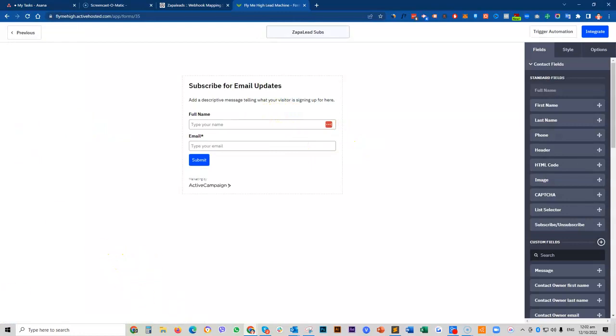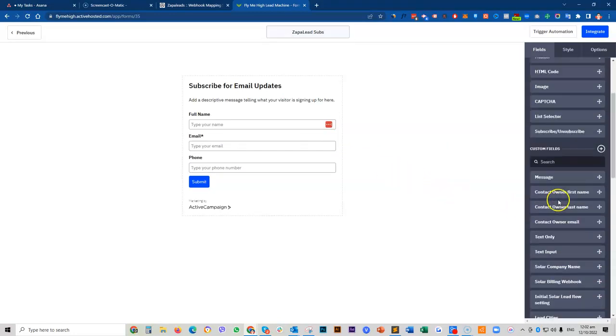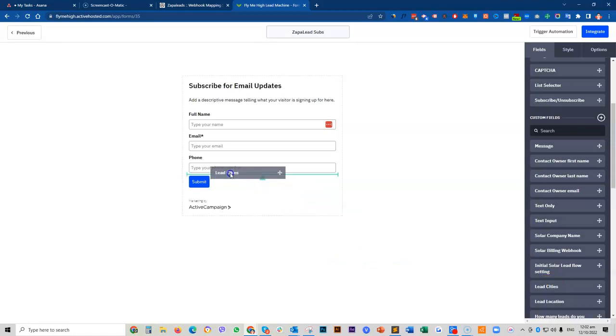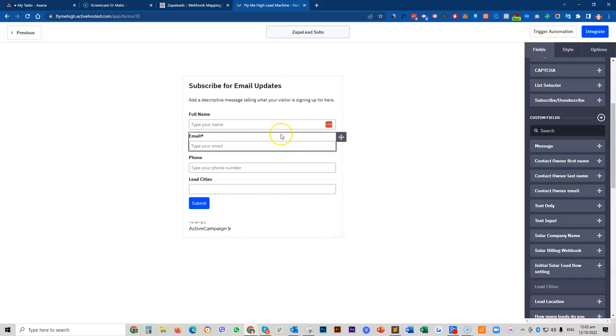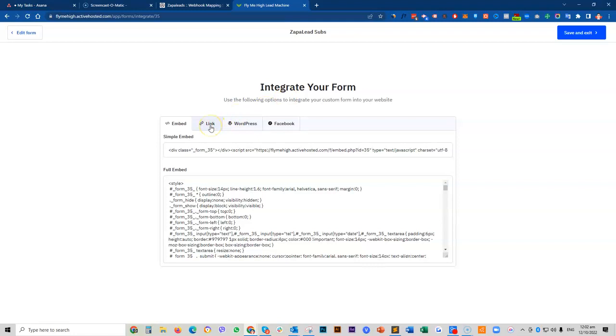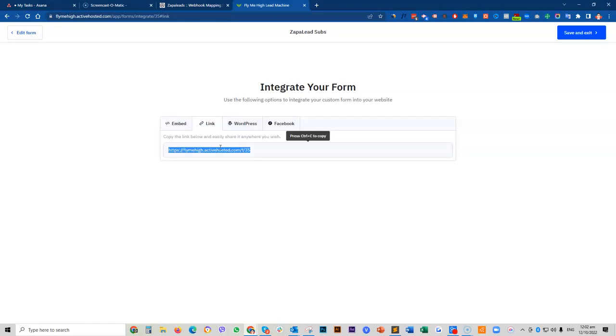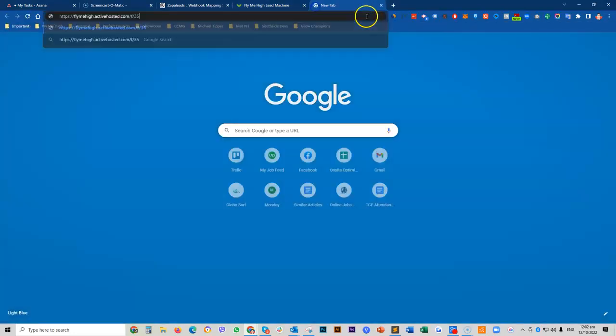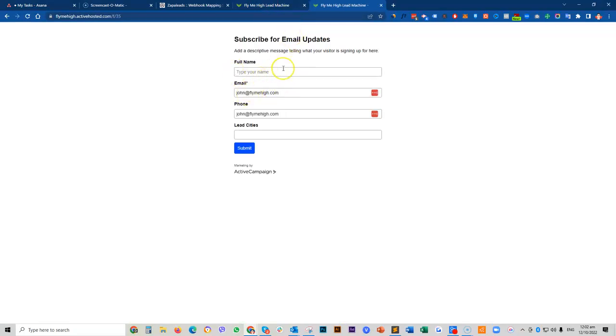It will lead you to a form builder. You can just drag what you need from the left hand side. I'm just gonna add the phone number. I'm also going to add, let me see what else, probably lead city. That's basically it. Once you're happy with what you have, you just click on integrate, and then you need to copy the URL here, or you can embed this on your website, WordPress or Facebook. I'm just gonna open that there and leave it for now, because we will be needing that later